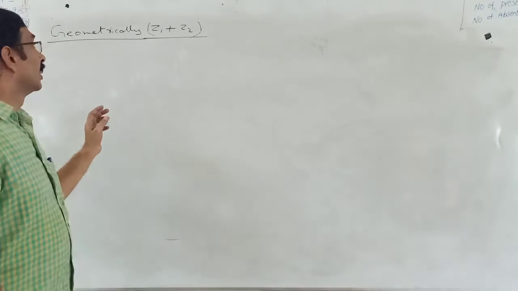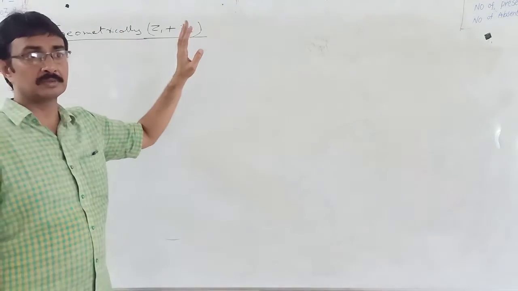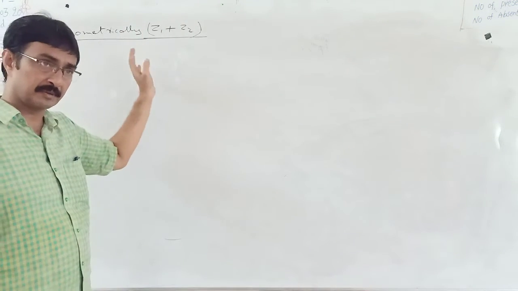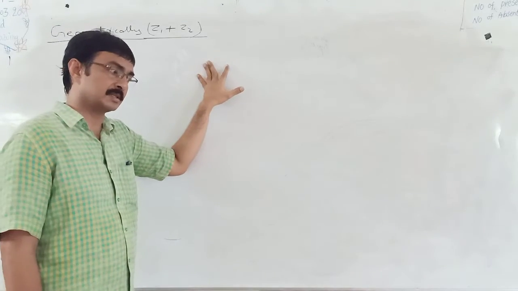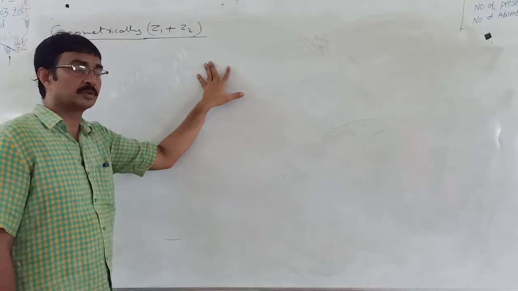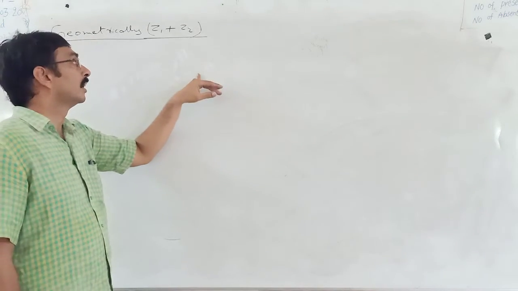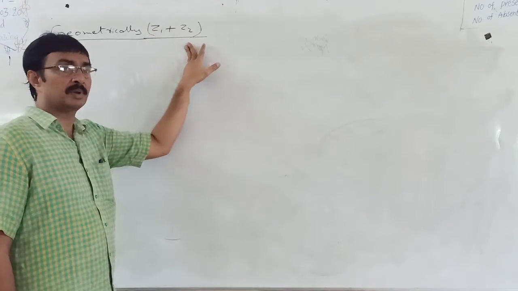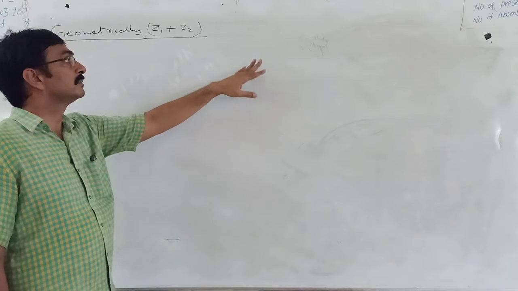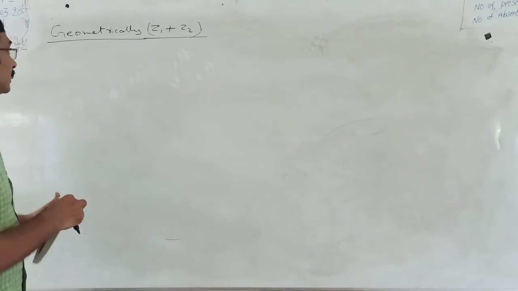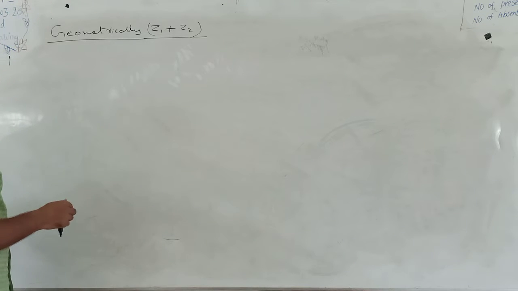So how to find the position of Z1 plus Z2, the difference of two complex numbers, the product of two complex numbers, the division of two complex numbers from the given two complex numbers Z1 comma Z2. Of them, the sum and difference of the complex numbers are important, product and division are not so important. See, first, the position of Z1 plus Z2 from the position of Z1 comma Z2.